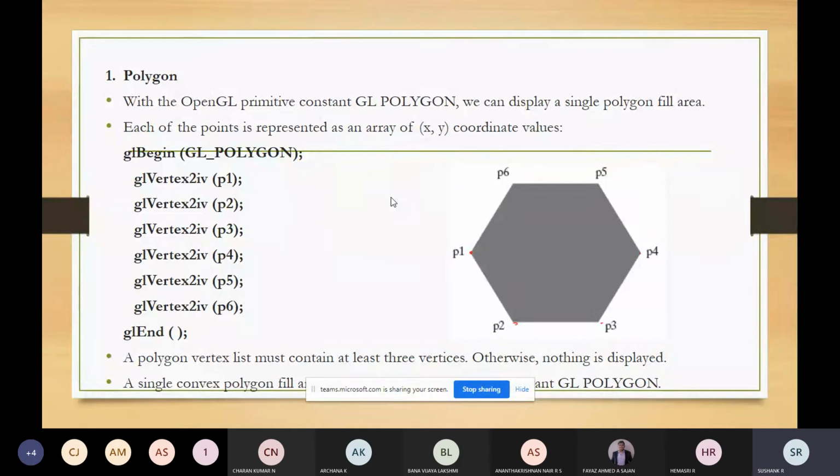In order to draw any polygon, I told you that at least 3 points are needed. If you're inputting only 2 points, using 2 points you can draw only a line, so nothing will be displayed. You need at least 3 points to display the polygon, otherwise nothing will be displayed.